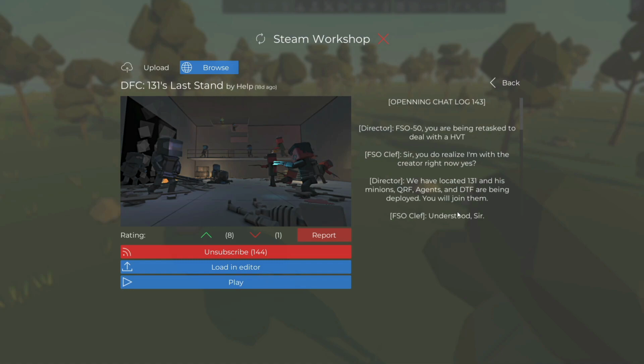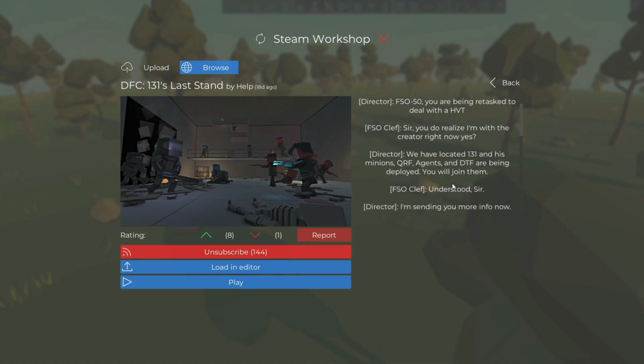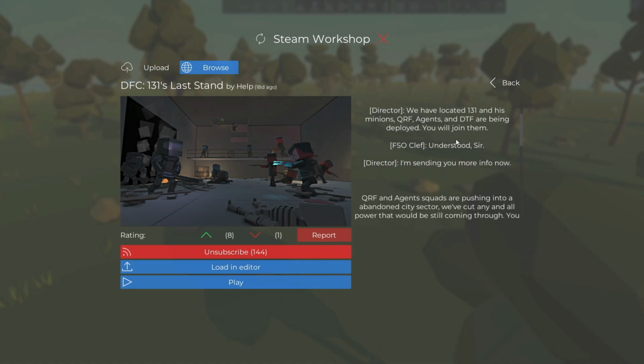So here we go. The story behind this map is as follows. FSO 50, and there are a lot of acronyms. FSO is Fire Support Officer. You're being retasked to deal with an HVT. I don't actually know what that means. FSO Clef, Fire Support Officer Clef, that's me. Sir, do you realize I'm with the creator right now? Yes. We have located